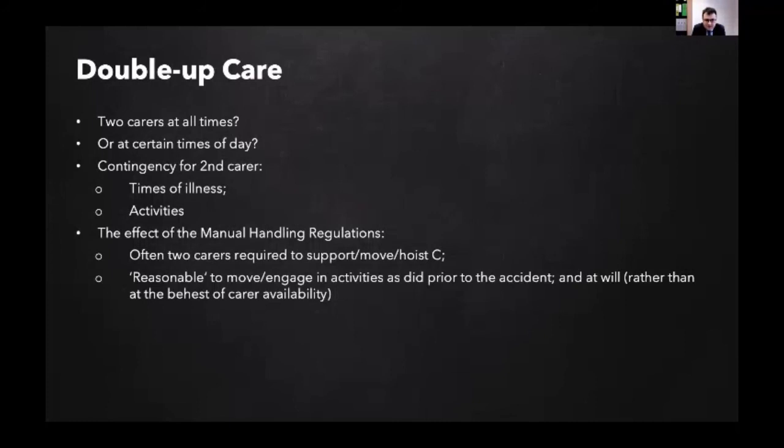As I had in a recent case, if a claimant needs two carers in order to interact with his or her children, and that need can arise at all times of day, that can be another justification for double up care being available for 24 hours, even if the need per se does not arise for the totality of